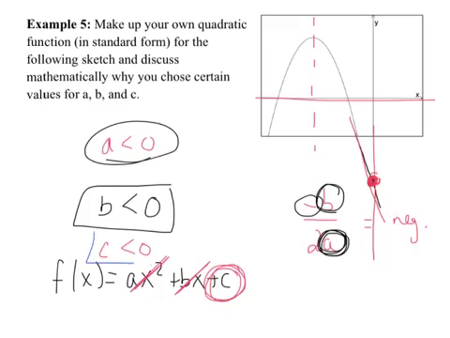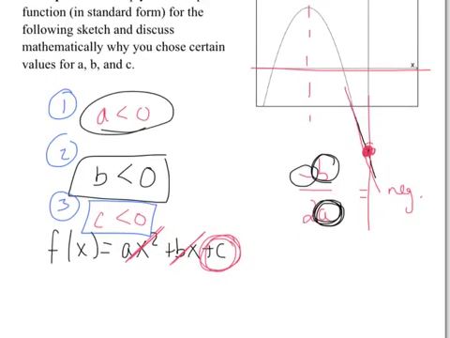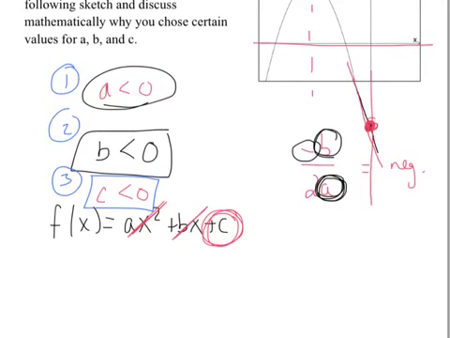So far we have 3 constraints right here, right? Constraint number 1, constraint number 2, constraint number 3. The fourth constraint is looking at our roots. Well, we have 2 roots, and they're real roots and they're distinct, which tells us that the discriminant has to be positive. So the fourth condition we have to say is that b squared minus 4ac has got to be positive. So at this point in time, we have 4 different constraints, and if we pick numbers,